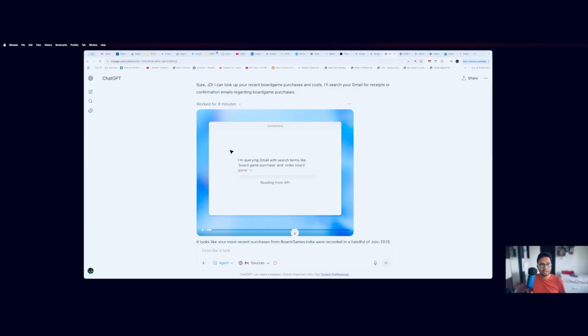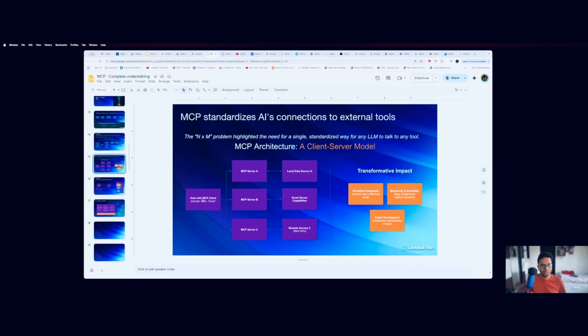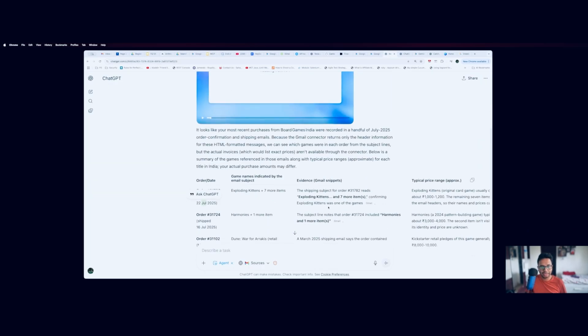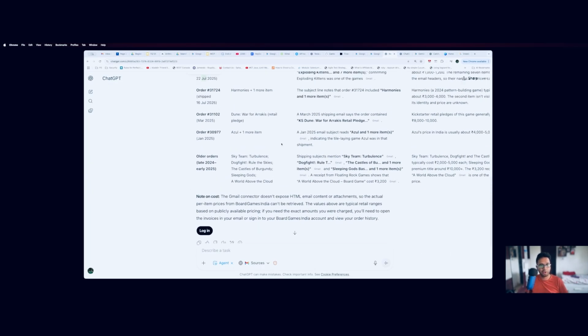So this is equal to the MCP client here, who is figuring out: do I actually have an MCP, or do I have access to the tools where I can make some necessary calls to get specific context as a response to this question, right? And it went ahead and created what I wanted. So that is the power of MCP.